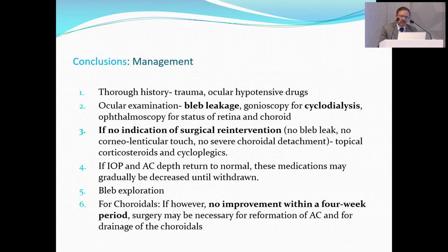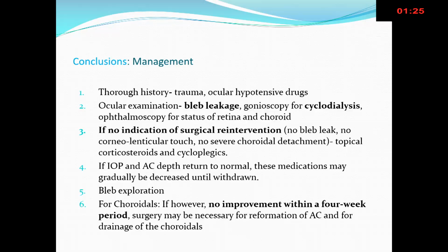In conclusion, take a thorough history of trauma or ocular hypotensive drug use, and do an ocular examination for bleb leak, gonioscopy for cyclodialysis, and check the status of the retina, whether there is hypotonic maculopathy. If there is no indication for surgical intervention, then you can manage this conservatively with topical and oral steroid and cycloplegics. If the pressure and AC depth return to normal, then continue these medications with